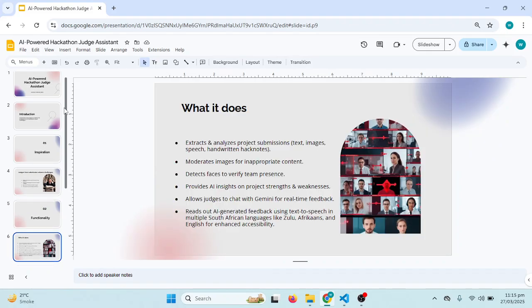Functionality: it extracts and analyzes project submissions. It moderates images for inappropriate content. It detects faces to verify team presence, provides AI insights, allows judges to chat with Gemini for real-time feedback, and then finally reads out AI-generated feedback using text-to-speech in multiple South African languages like Zulu, Afrikaans, and English for enhanced accessibility. This last feature is only because my friend and team member is from South Africa, and he has expressed that his